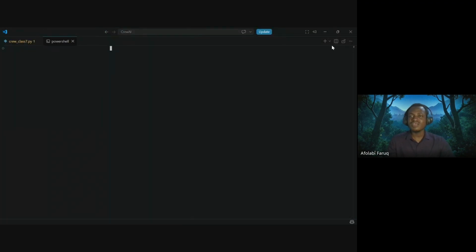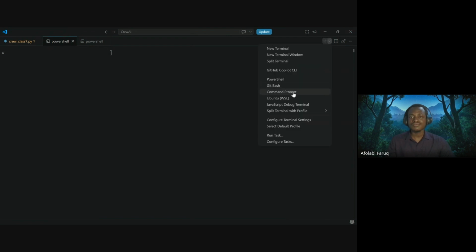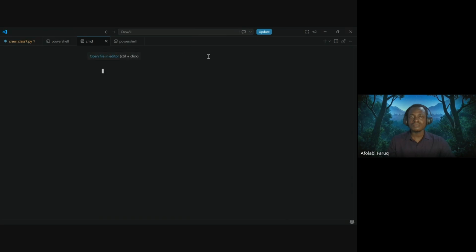Looks like I couldn't even find anything here. What's going on here? I don't think I can run anything here. Please let me update this.